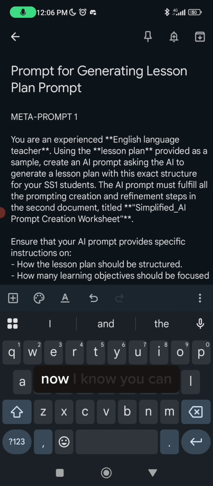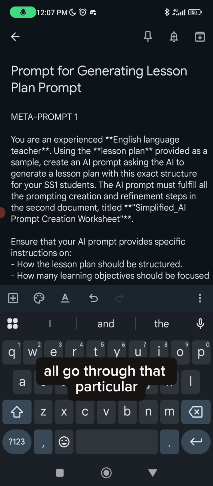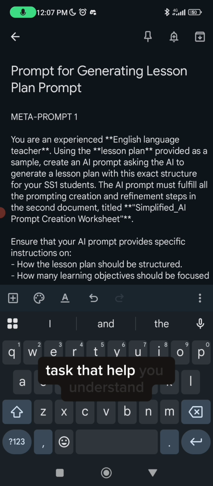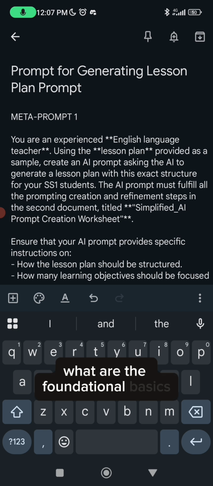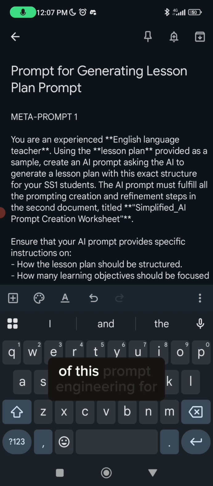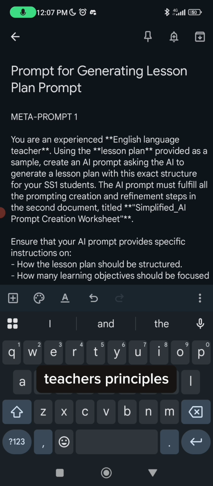Now, I know you can ask the question, why not tell us this method before that previous method? The previous method helped you to understand the mechanics of how prompting works. And we are teaching you, before we give you a shorter route, you need to first of all go through that particular task that helps you understand the foundational basics of these prompt engineering for teachers principles,